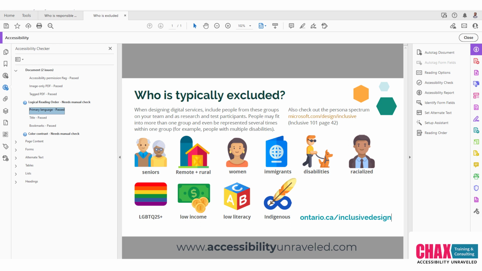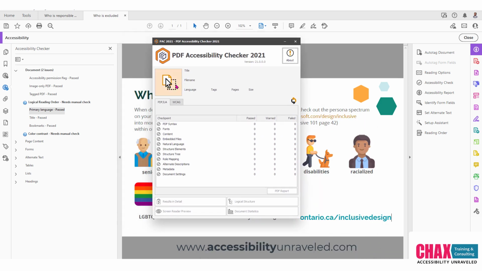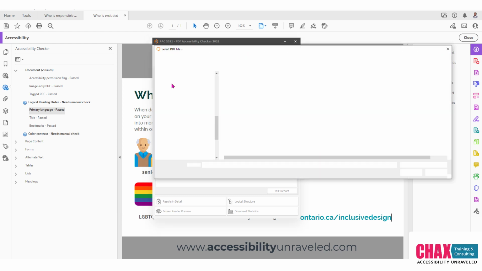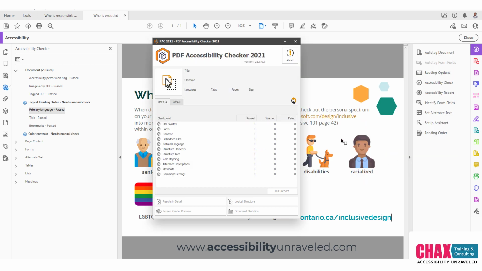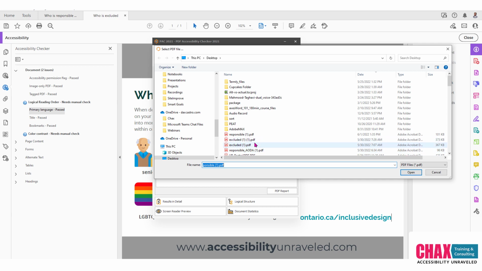Now we're going to open up the pack checker again. And we are going to try to check this in pack to make sure that there are no underlying errors. And the reason we use the pack checker is because, honestly, I want the technical aspect of this document to be correct. So that way, no matter what kind of screen reader is reading it, that they are,